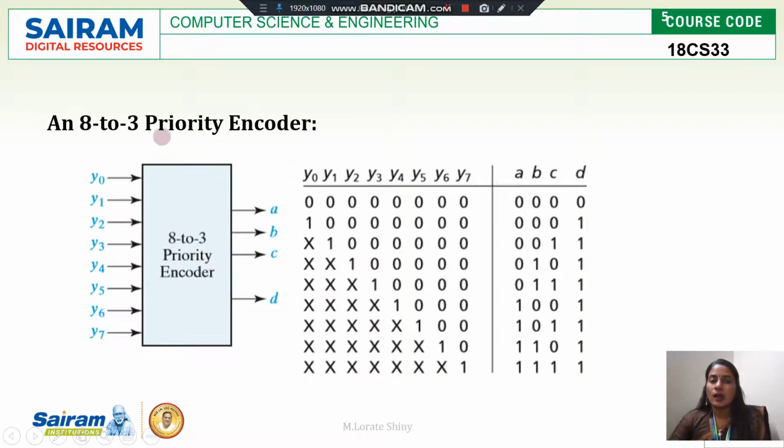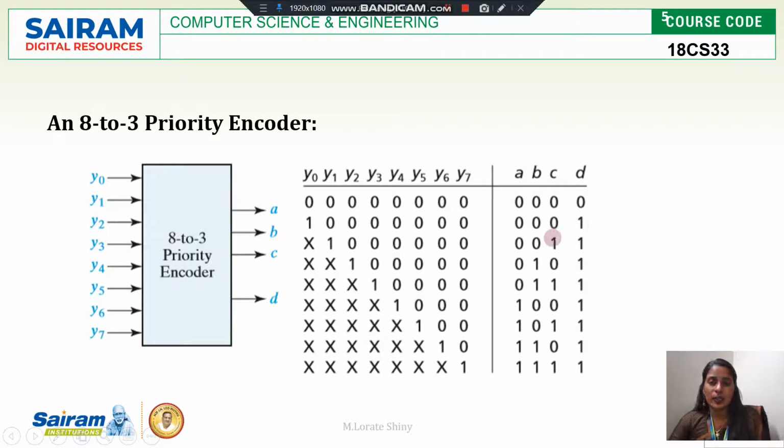Okay. Why this is X means this is a priority encoder. What is a priority encoder? It means if there is a single 1, if you take this, there is only one here, so that corresponding Y will be activated. That corresponding Y, Y0 here, will be activated, so that binary form will be produced by the output lines A B C. Okay. For example, if two inputs are enabled, that time based on the priority it will